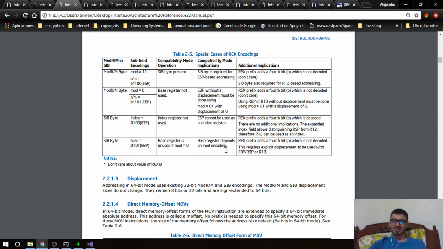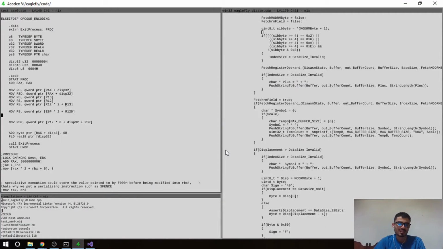Hold on a second. Okay, let's try that. We have the problem for RSP and stuff like that. So that's for the index case. That means that if we want to, well, I can do it here, I guess. So I'm gonna say